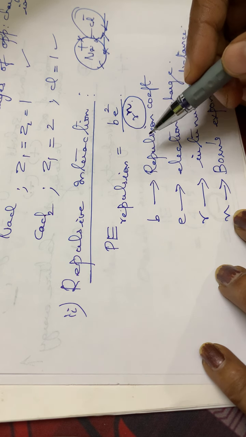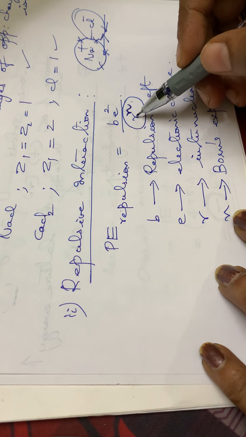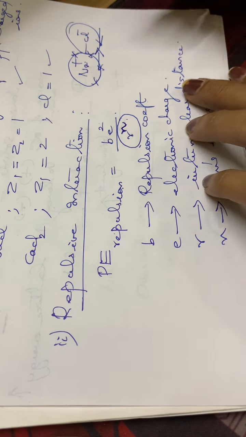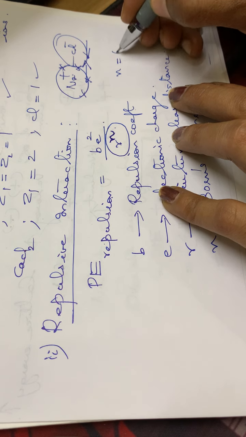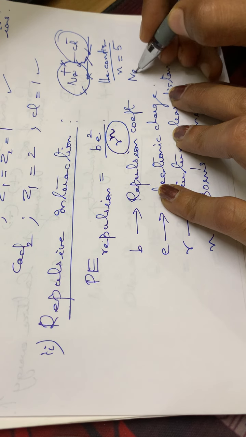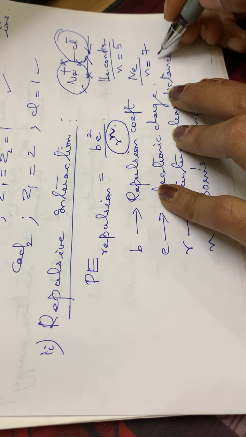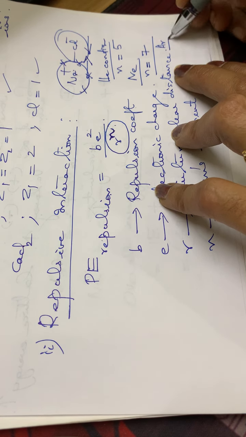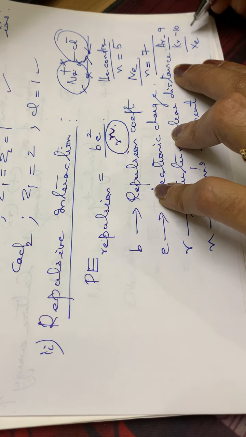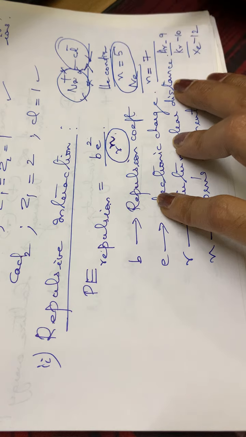So here we can say that the value of n increases with increase in the electron density around the ions. And also the value of n for helium configuration, usually will be equal to 5. Then for a neon configuration, usually the value of n will be equal to 7. Then for argon, krypton and xenon configurations, the value of n will be equal to 9, 10 and 12 respectively.